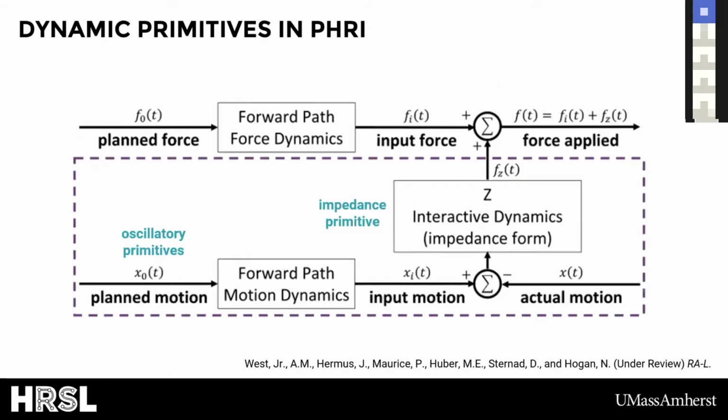So these results suggest that in this force control task, humans are actually indirectly controlling force during motion using a combination of oscillatory primitives as well as impedance primitives. So while it's possible that you have some feed forward force term, as shown in the top left corner of this diagram, it's important that in order to generate the observation of motion dependent force errors, you have this term here, a motion term that acts through your impedance term to generate a force applied.